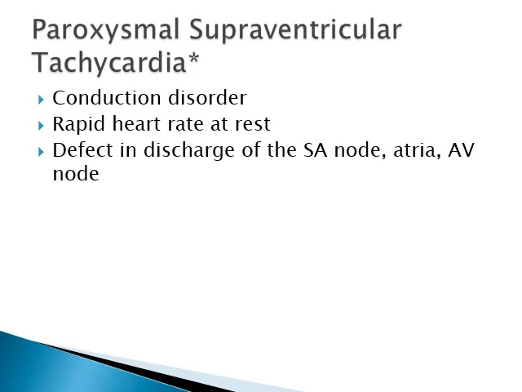And this is going to happen due to a defect in the discharge of the SA node, atria, and AV node. So there's a defect in that connection between the SA node, the sinoatrial node, and the atrioventricular node. And what this could do is cause a very rapid resting heart rate that will occur intermittently. You're usually seeing a heart rate at around 150 beats per minute at rest, okay, which